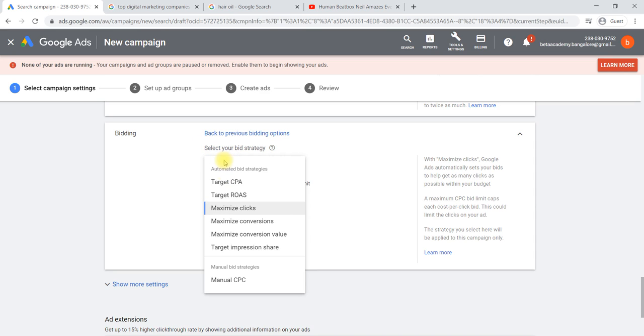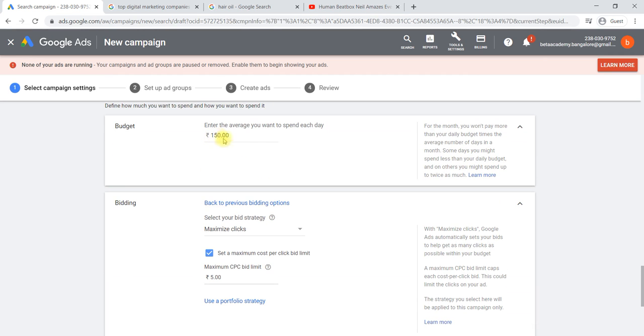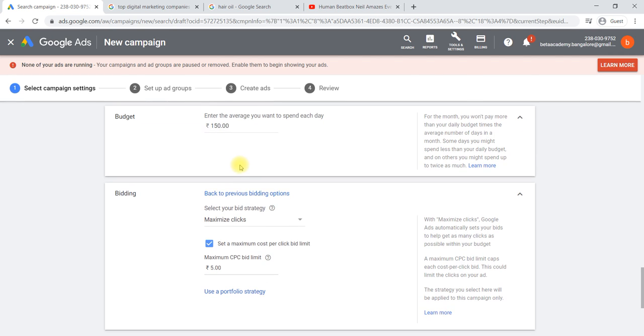You can select strategies like maximize clicks, or maximize conversions, or target impression share, or return on ad spend, and target CPA, cost per acquisition, or maximize clicks. Maximize clicks strategy is nothing but we are planning to utilize the entire 150 rupees budget just for clicks only, not for any other things.